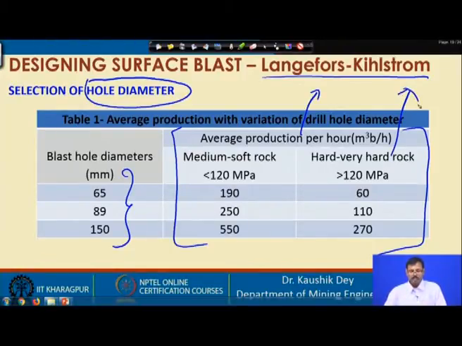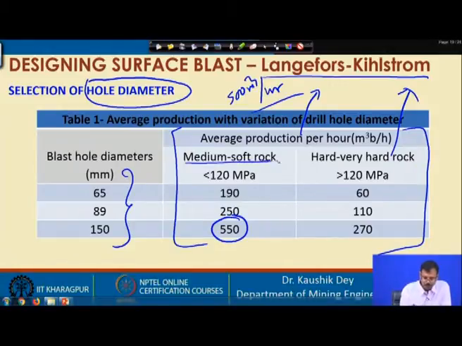Suppose the excavation procedure is aiming at a production rate which is expressed in bank meter cube, that means in situ rock material per hour. If the mine is expecting that per hour 500 meter cube of material has to be blasted, so that 500 meter cube material will be blasted